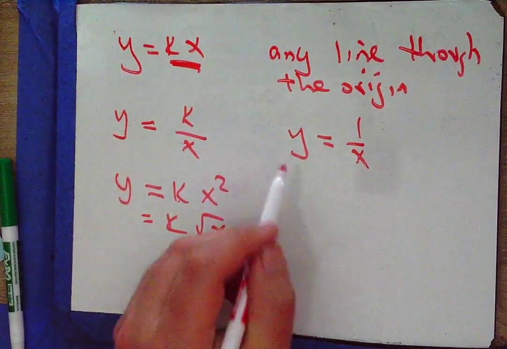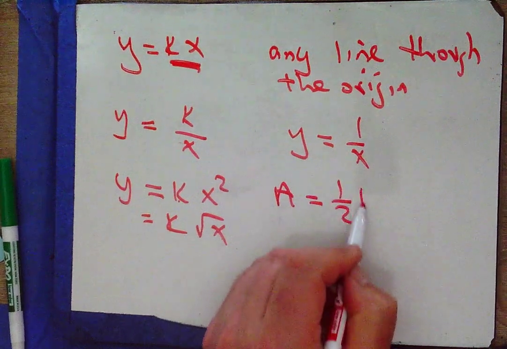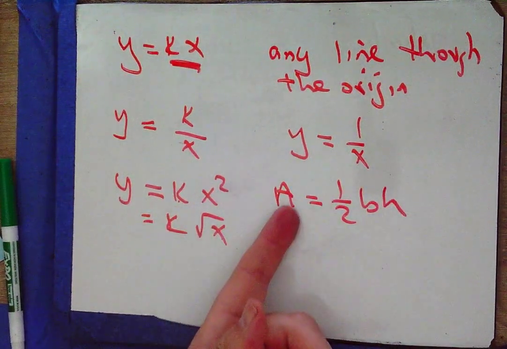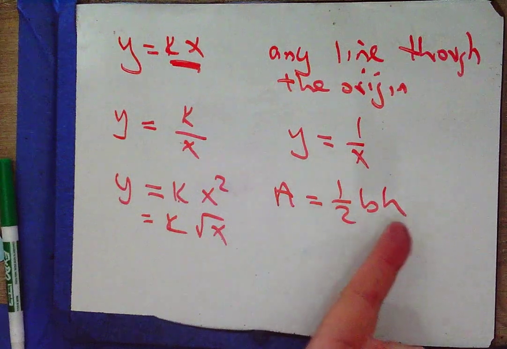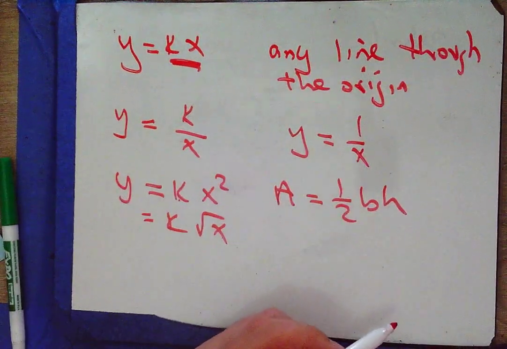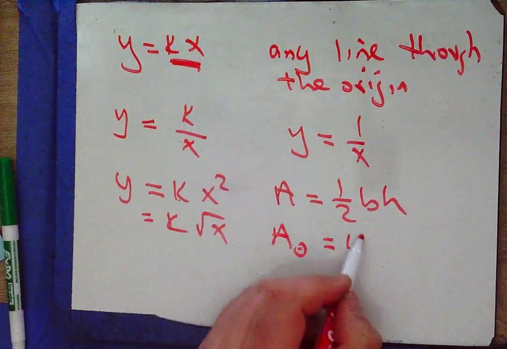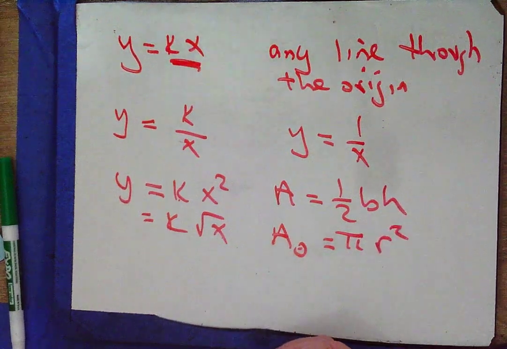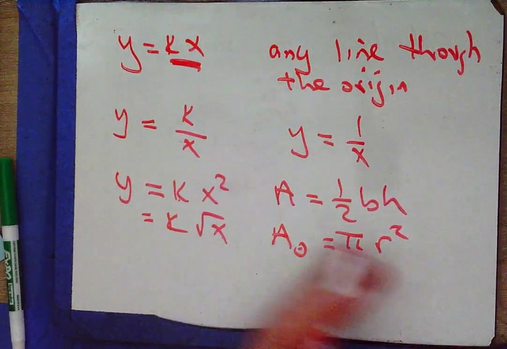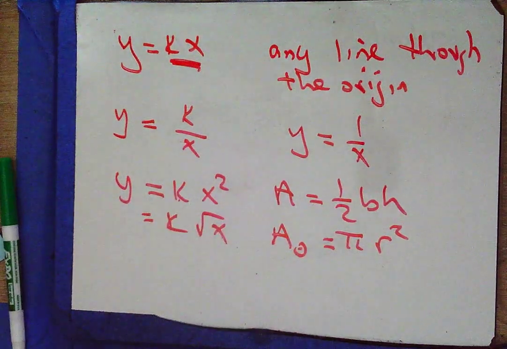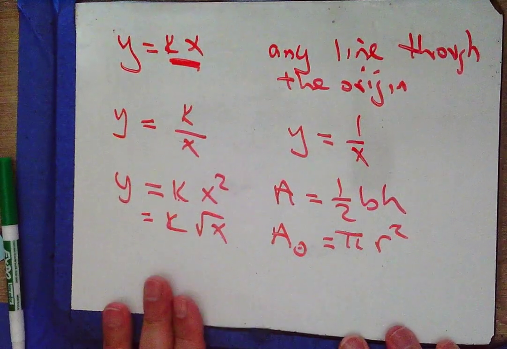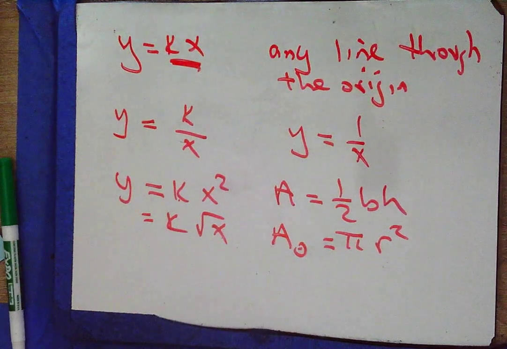Even joint variation. Area of a triangle, 1/2 base times height. The area of a triangle is proportional to the product of the base and the height. Or area of a circle. Area of a circle is proportional to the square of the radius. So many of the things that we've experienced as algebraic functions, even in other classes like geometry, we can describe using this variation language. Okay. All right, so let's move on,